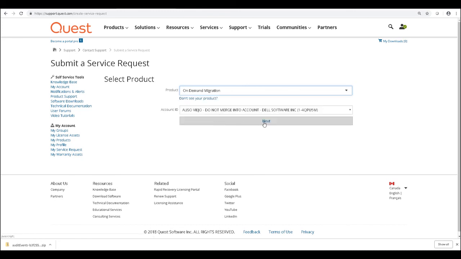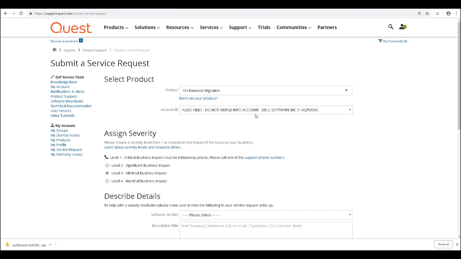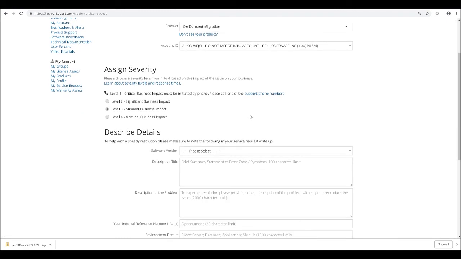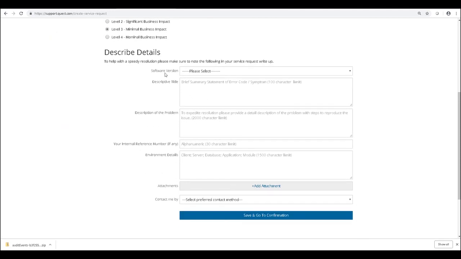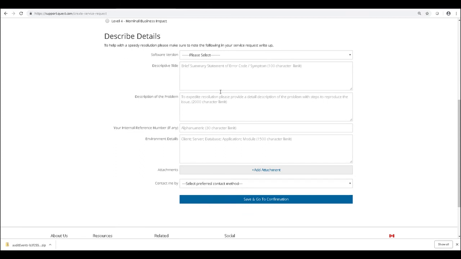When you click Next, you'll see a variety of fields like severity and a description of the problem. It's important to provide any specific information to the problem here, as well as add any attachments that might be relevant, like a screenshot of an error or warning, or even audit logs from the Settings section, like we covered